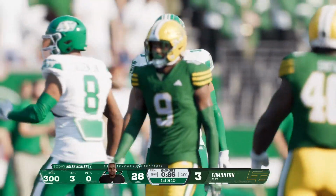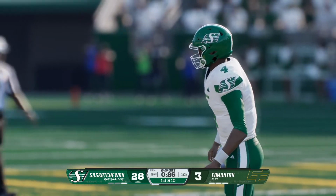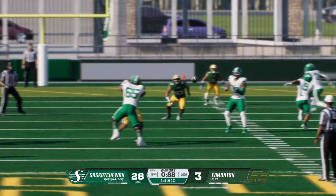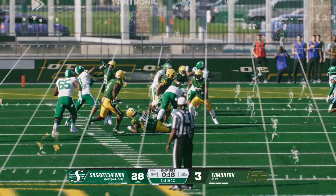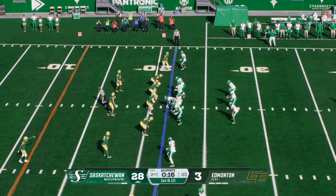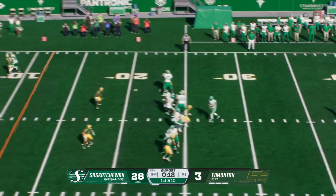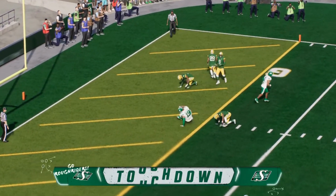They knock him down, but he's got enough to get it across the line and pick up the first down. Well, they pick up the first against zone coverage. The biggest key there is the quarterback understanding that A, it's zone, but B, what kind of zone is it? Is it one high safety? Is it two high safeties? And then you know instinctively where your best throw, where your highest percentage